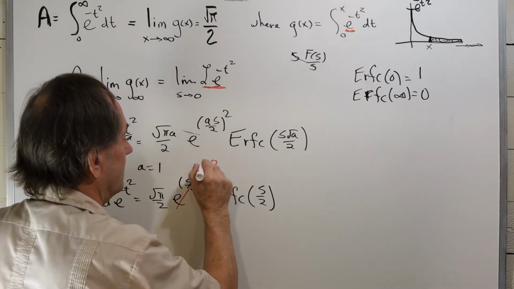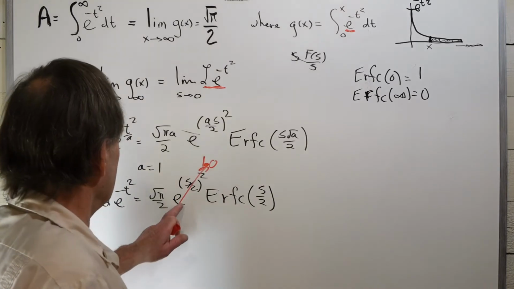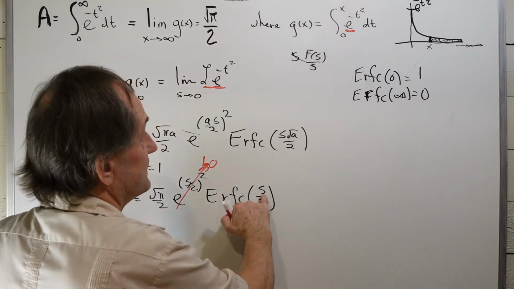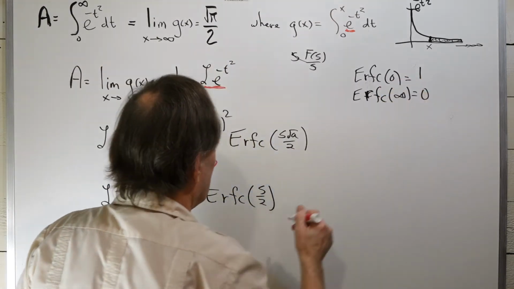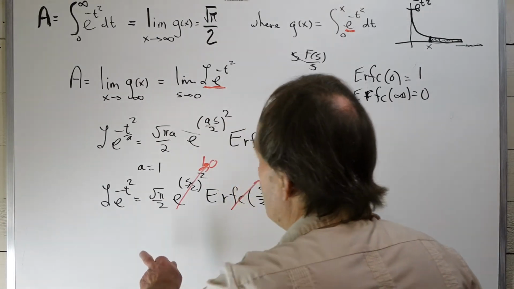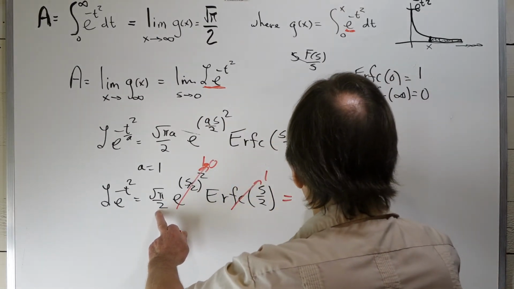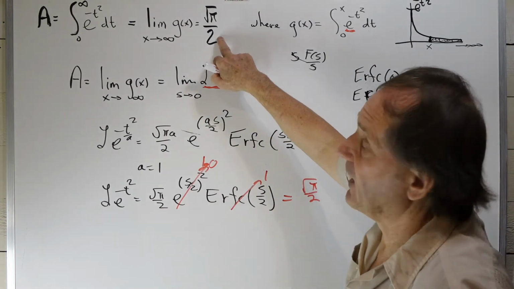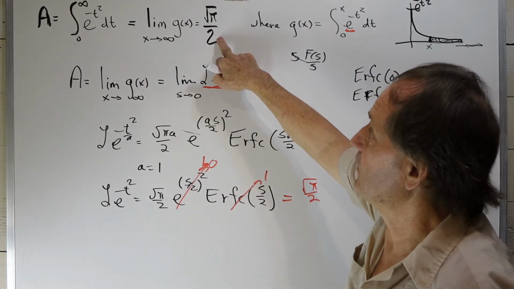Oops, I'll call that 1.0. So e to the 0 goes to 1. The error function at 0 is also equal to 1. So that goes to 1. So what are we left with? We're left with the square root of pi over 2, which is the value that we got when we performed